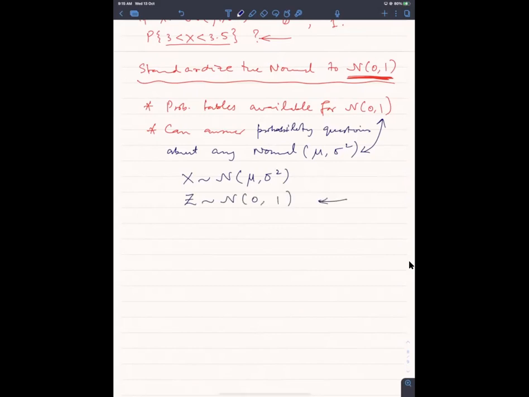मुझे पता है इसके टेबल्स मिलते हैं, इसके टेबल्स नहीं मिलते। क्यों नहीं मिलते? क्योंकि म्यू और सिग्मा स्क्वायर की भी इनफाइनाइट वैल्यूज पॉसिबल हो सकती हैं, उतने टेबल थोड़ी हम बना सकते हैं। बस एक टेबल हमने बना दिया है और वही टेबल हमारे सब काम करेगा।